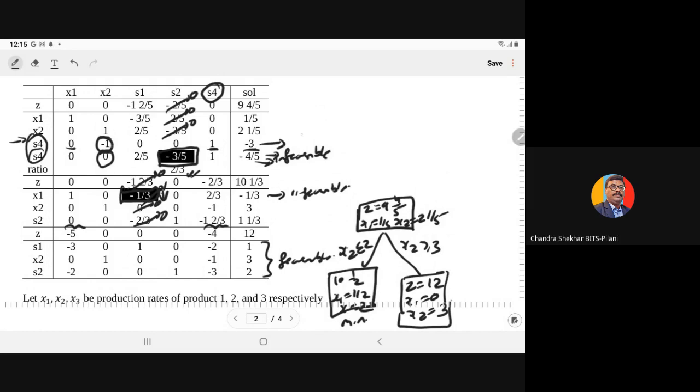No, this is denoting that x2 greater than or equal to 3, or minus x2 plus s4 is equal to minus 3. Since x2 is the basic variable, it should form the identity matrix. So to make the identity matrix, we made this a 0 in this step. Right, but if we make that 0 in that step, the fourth row and the third row would be exactly the same after that step.